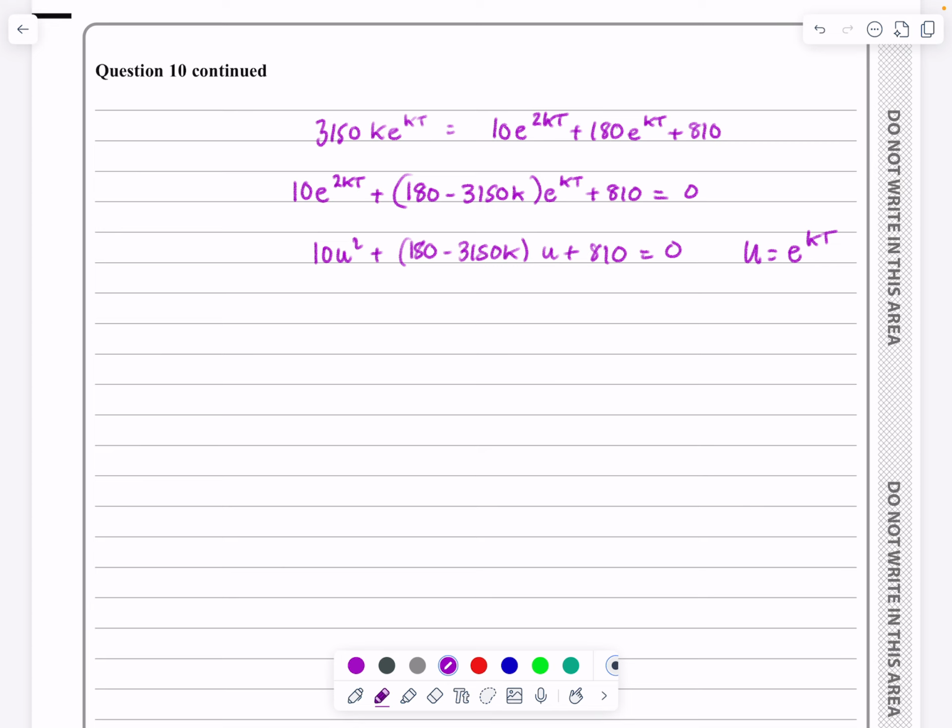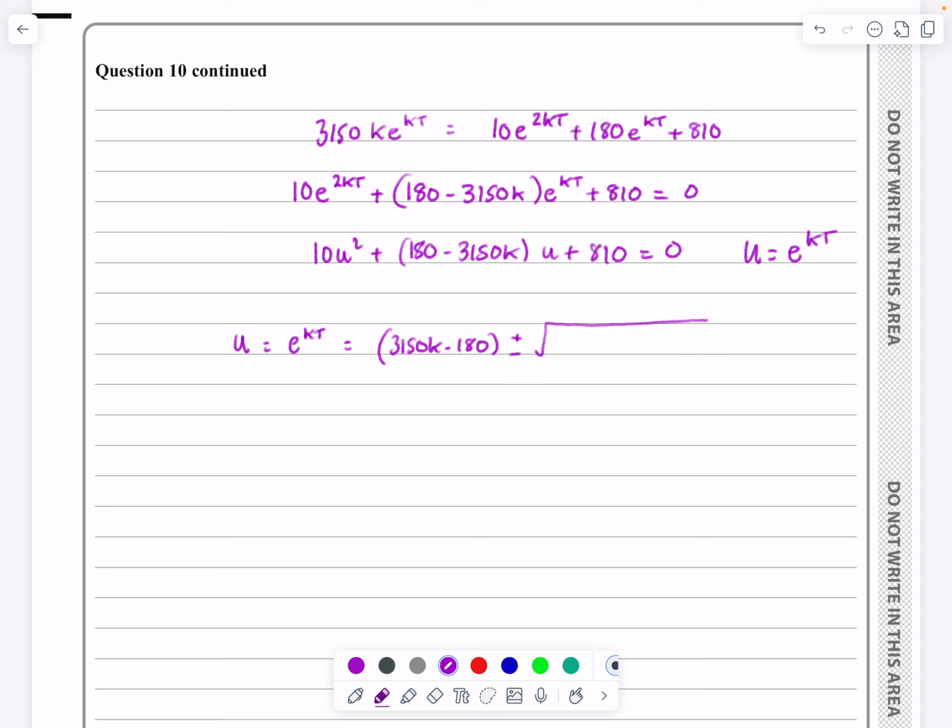So we're just going to get that u, which is e^kt, is equal to, using the quadratic formula, minus b plus or minus the square root of blah, blah, blah. So that's going to give me minus b will be 3150k minus 180, just flip that the other way around, plus or minus the square root of